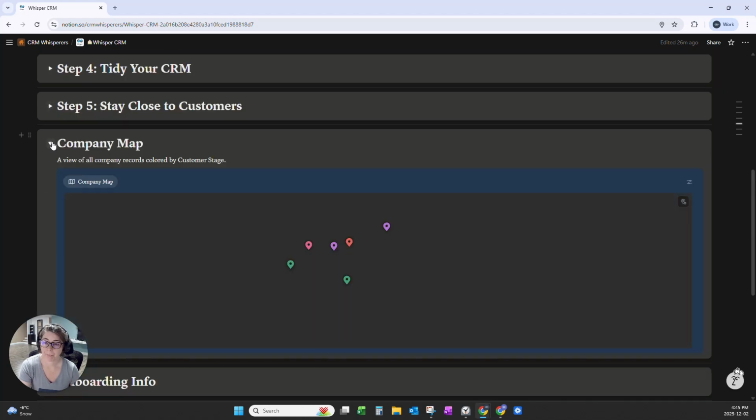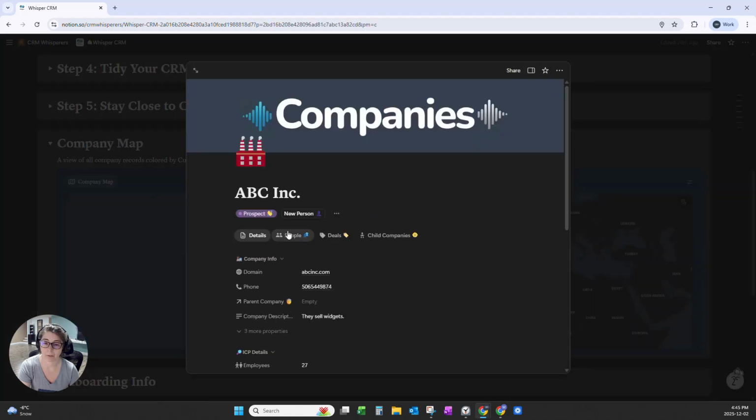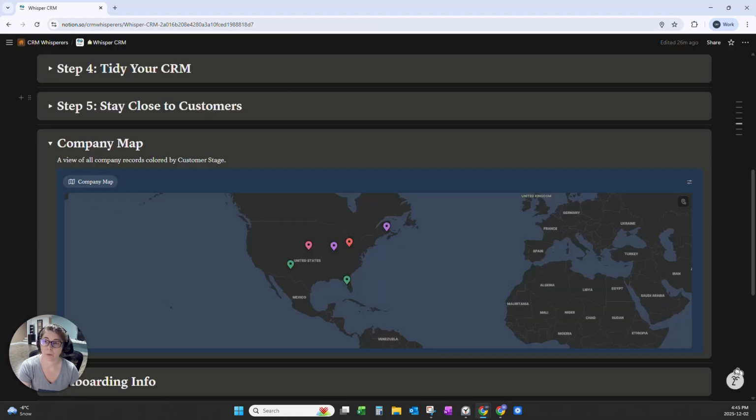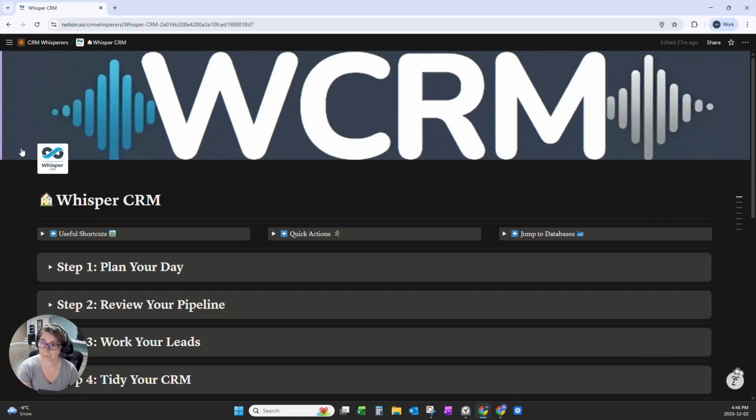Company map. I like the colors and I like it visually. So if you remember who's a prospect and what is lost and what is churned, these colors are going to tell you. You could always click on them as well. I am viewing this in dark mode as well. So if you see things differently, that would be why. And with that,